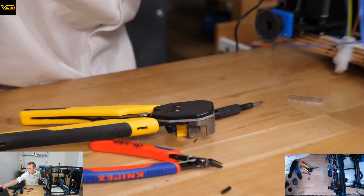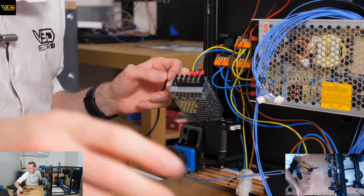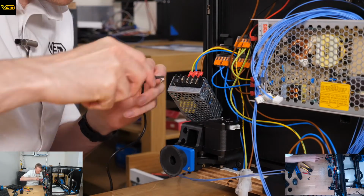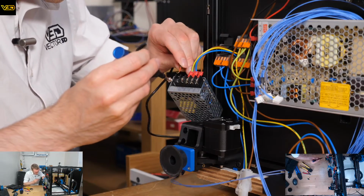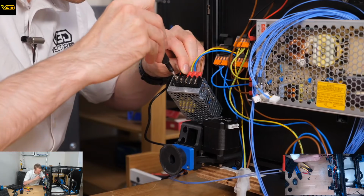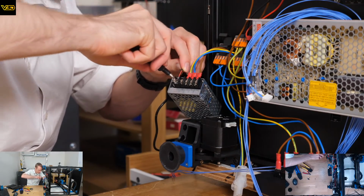Sorry, terrible camera angles as usual. So for the positive side, I'm just going to hook the wire around the screw terminal so we get plenty of conductor contact. Oh, it's a daisy, I've screwed the